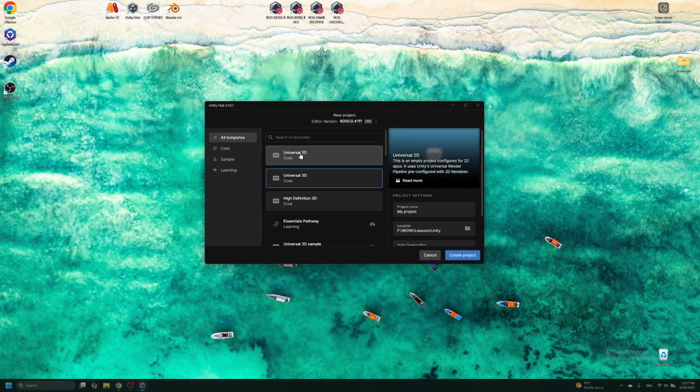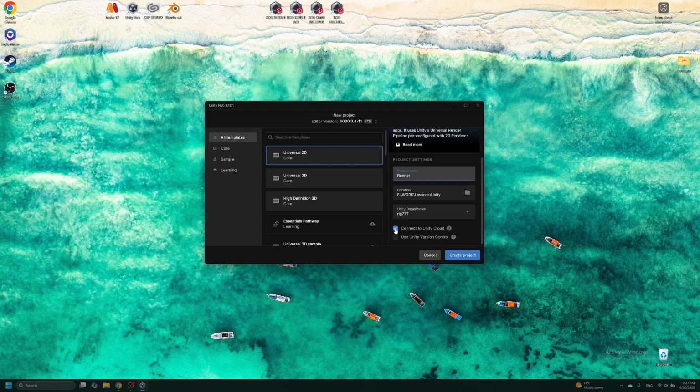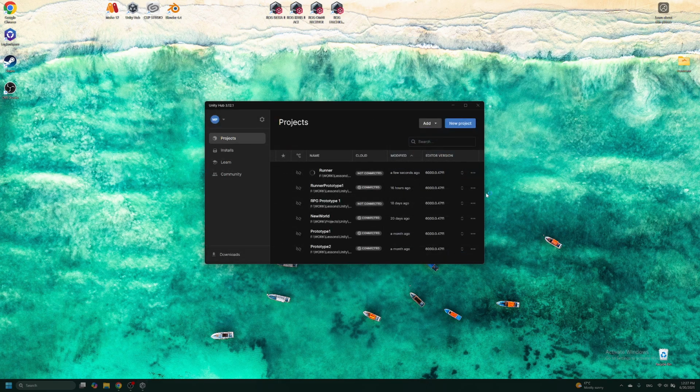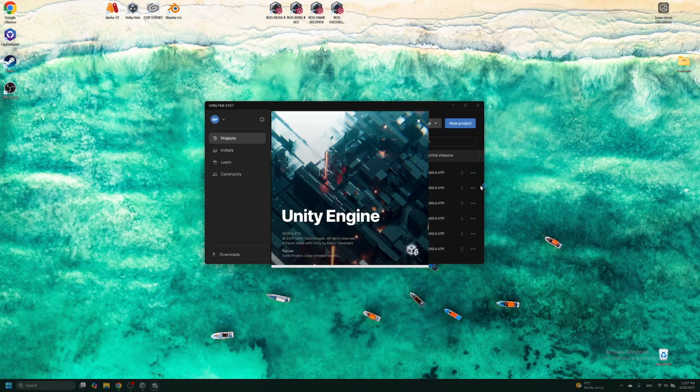So click create new project, Universal 2D. Let's name it just Runner. Set location. I'm not using Connect to the Unity Cloud because we are not going to use any functionality of this. And click create project. It will take a few minutes to start the project, but while this is happening, we can prepare our assets